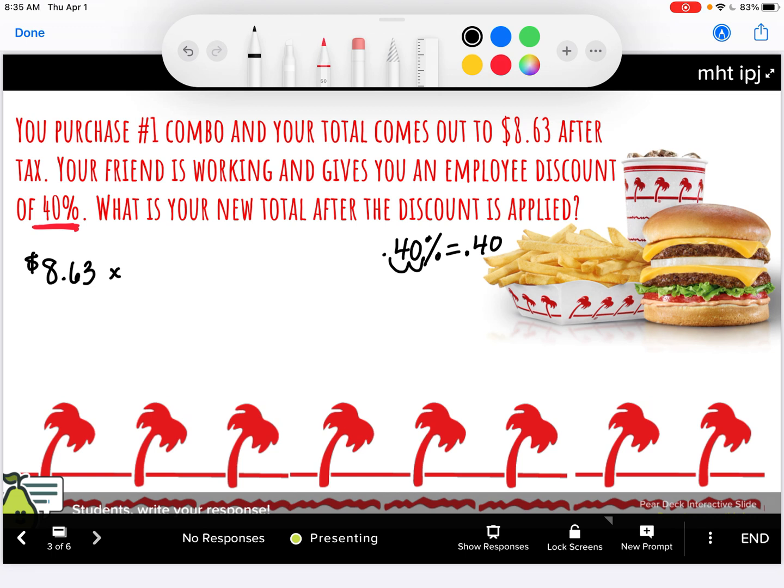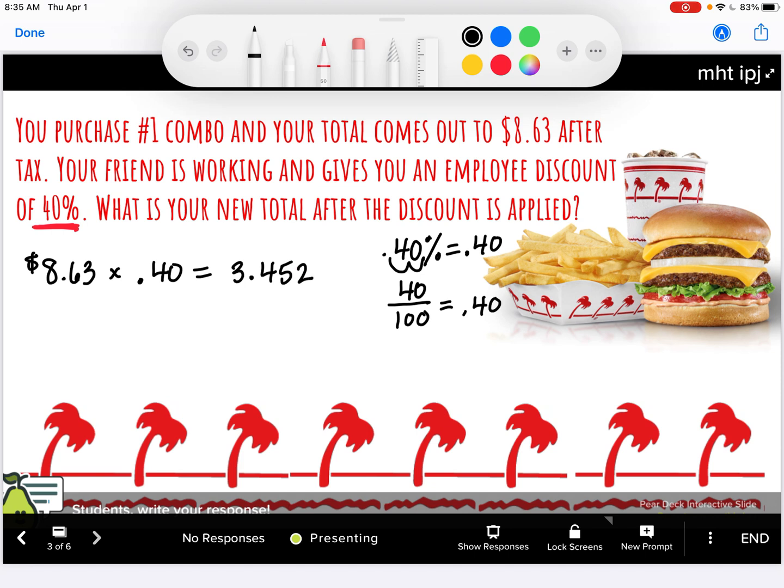And then the way that we understand this with logic is because we know percents are always out of 100. So we know that 40 out of 100, if you divided that on your calculator, you would get the same thing, 0.4 or 0.40, which is the same. I'm going to represent it as 0.40 just so you guys see the connection. And then all we do now is on our calculator, we just simply multiply that. So I'm going to do 863 times 0.4 equals, and I get